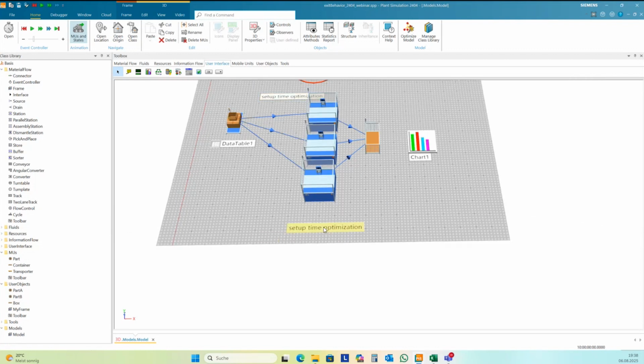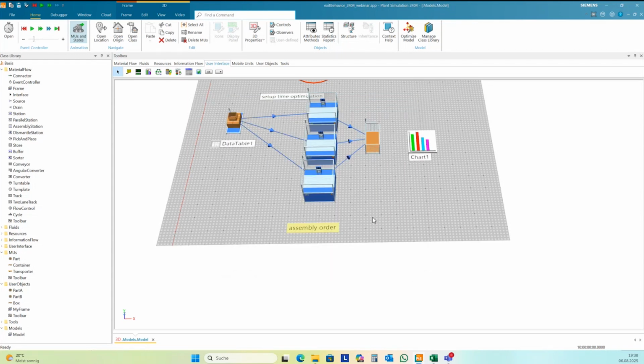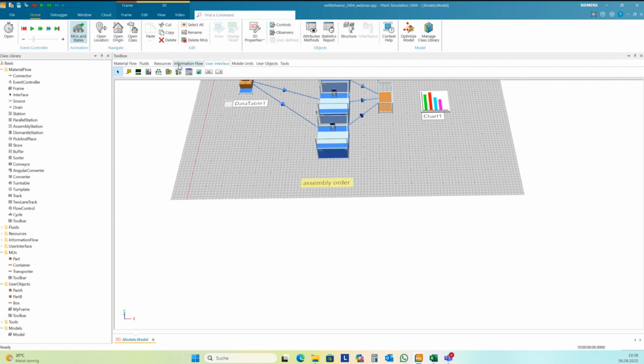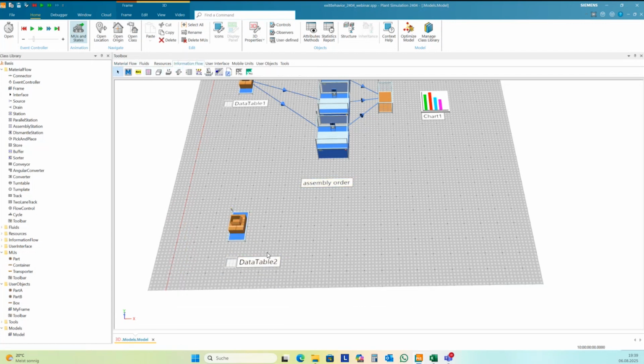Next example is assembly order. Okay, you have only one source. And this source produces both.